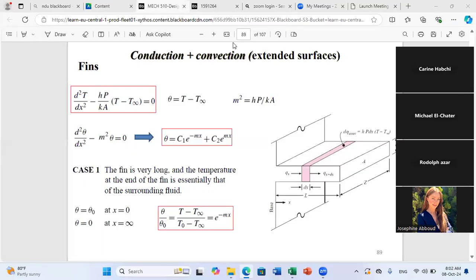Okay, so we will continue with the course material on fins. We have already studied together how a fin can enhance the performance, cooling, or heating of a certain surface. And we have derived together the differential equation of variation of temperature with position. And this differential equation is really based on a simple energy balance for a small element. So if I take, for example, this element,